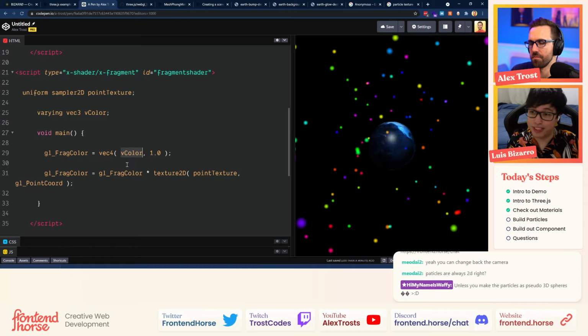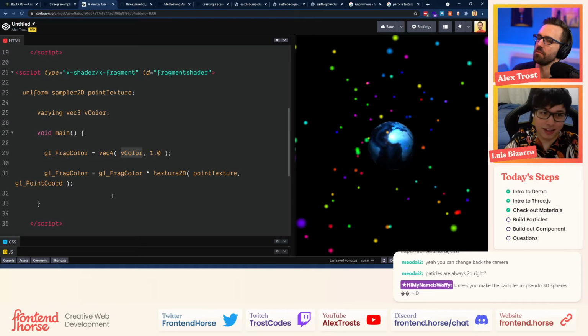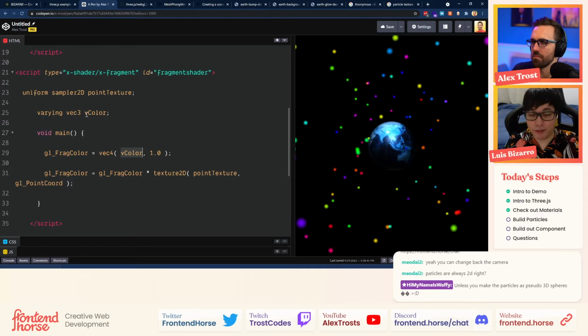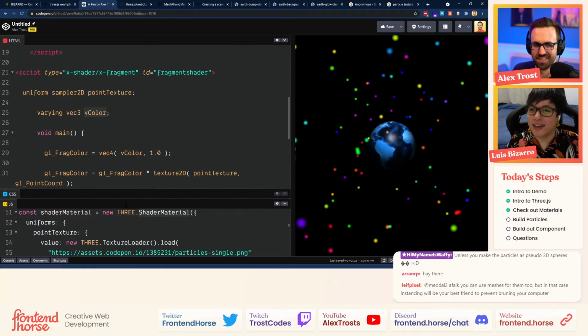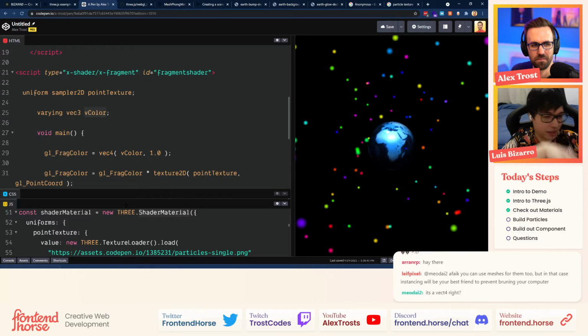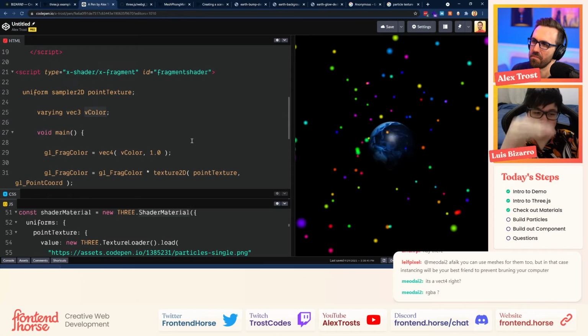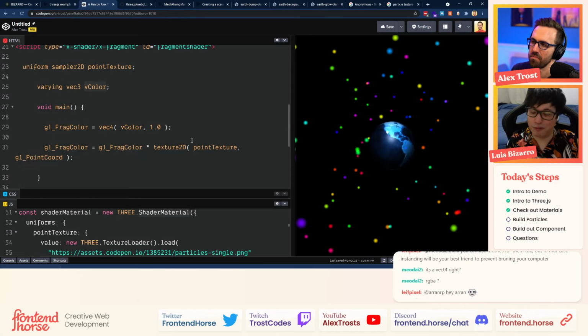And what attribute means is that for each one of the vertices, you can include a special variable just for this attribute. So it can be readable by the fragment shader and the vertex shader. vColor is a varying variable because it comes from the vertex shader to the fragment shader. I know it's a lot of different things that I'm introducing and I'm trying to explain. Shaders can be tricky, but if you go deeper, you're going to understand what each one of these things means. But step by step, we are creating shader, applying a different color for each one of the particles.